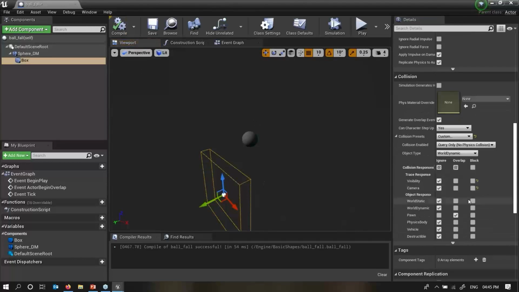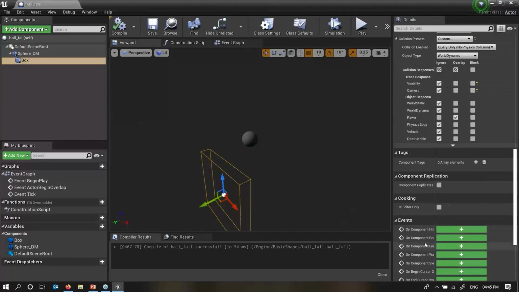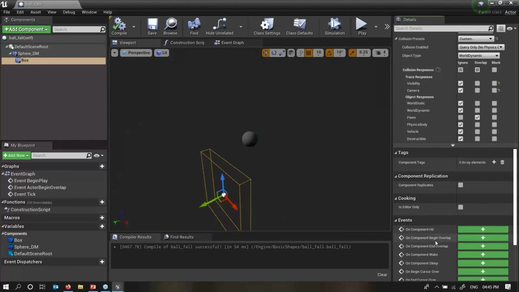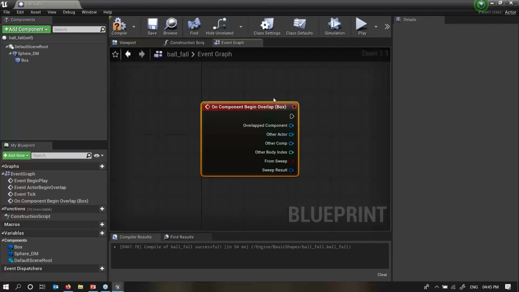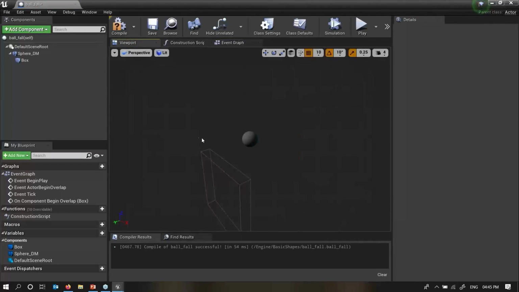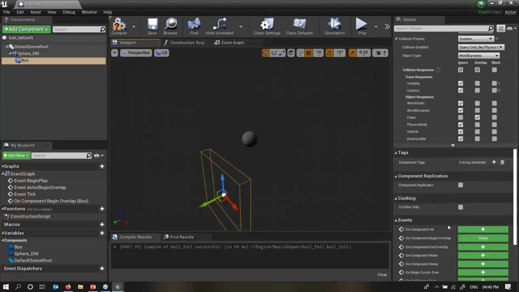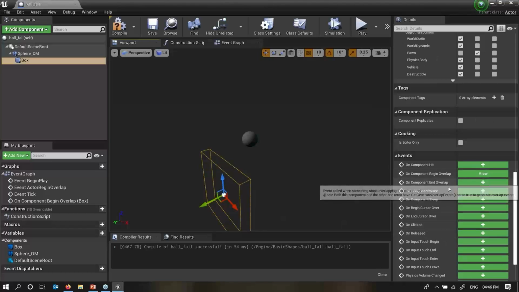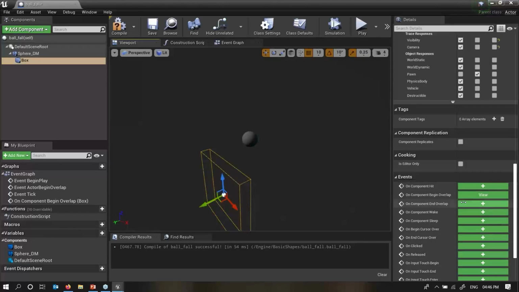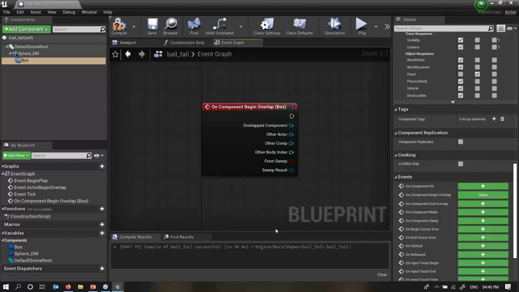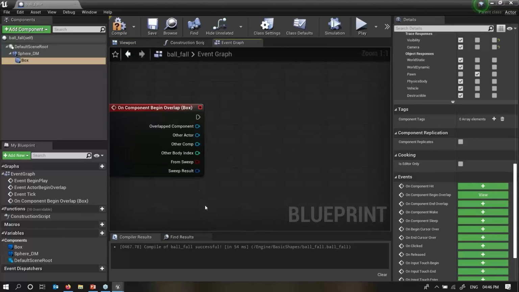We'll try to compile and save, plus there has to be one event, On Component Begin Overlap. Click on this, so it will add one node into the event graph. From the viewport select this, click over here on the on component. First we did the collision changes, custom collision preset we used custom, pawn overlap on, then go down to events, collision begin events, which added the node over here. Now what it will do,